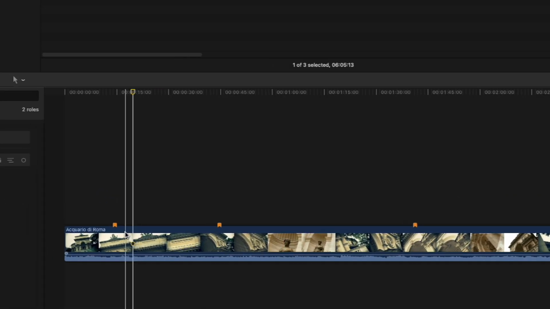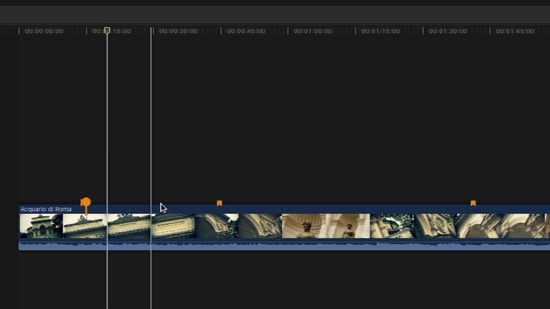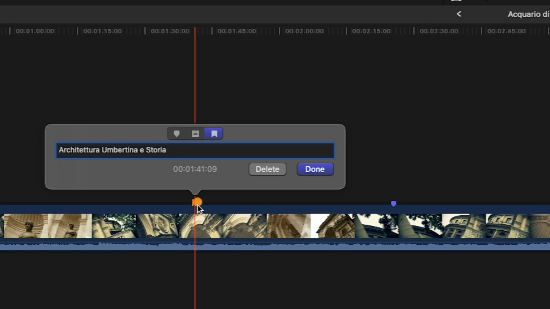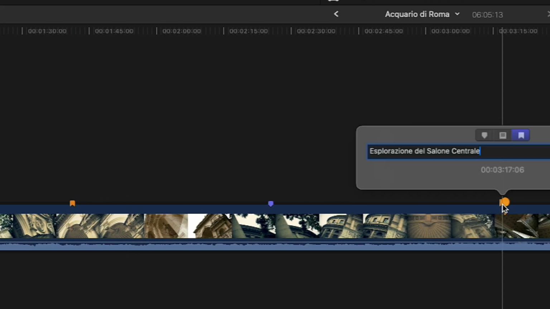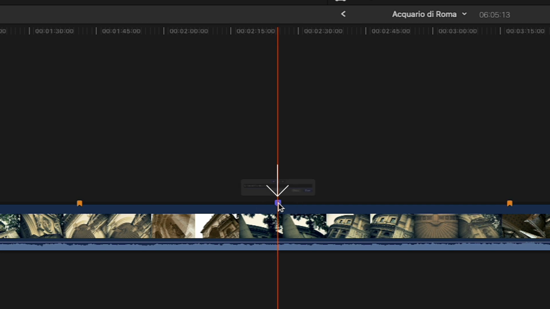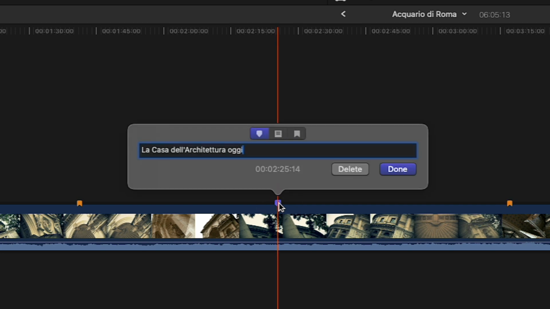In this project, several chapter markers have been set to define the chapter structure for the final video, whether for YouTube or other compatible platforms. Note that, in addition to standard chapter markers, generic markers have also been intentionally included. This setup is designed to demonstrate one of Chapter Tool's advanced features, its flexible processing of various types of timeline